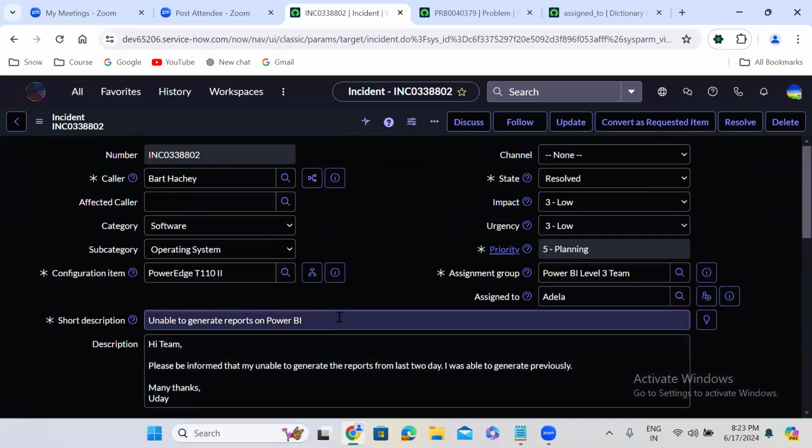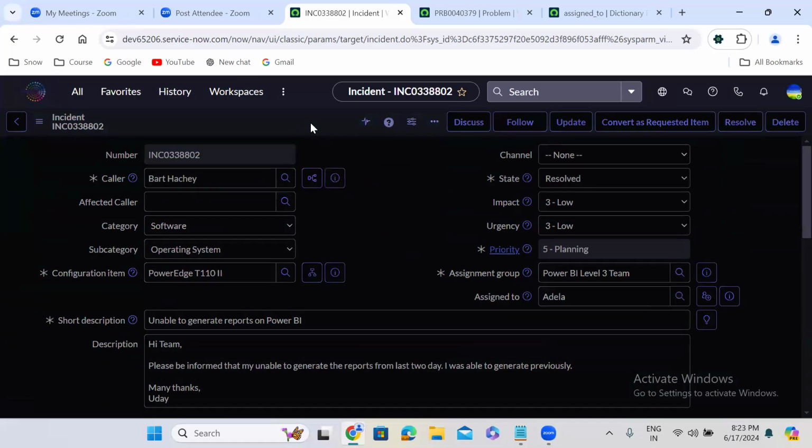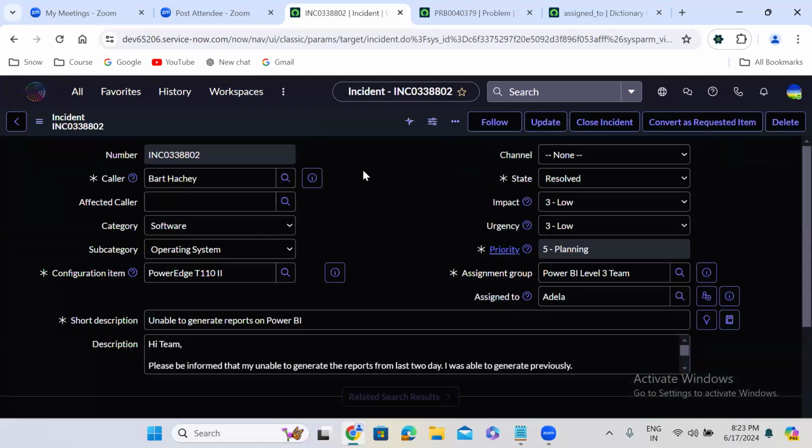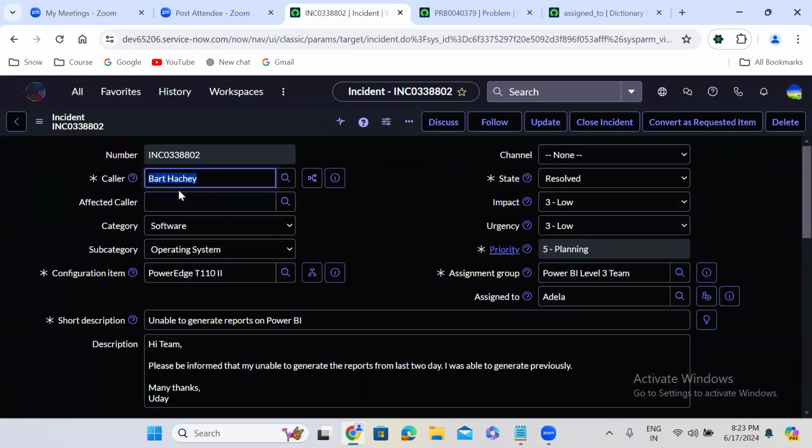After providing the resolution, Adila has to get the confirmation from the caller. I have provided the resolution. Is it working fine for you? If it is working fine, kindly confirm. Suppose this person is not responding.